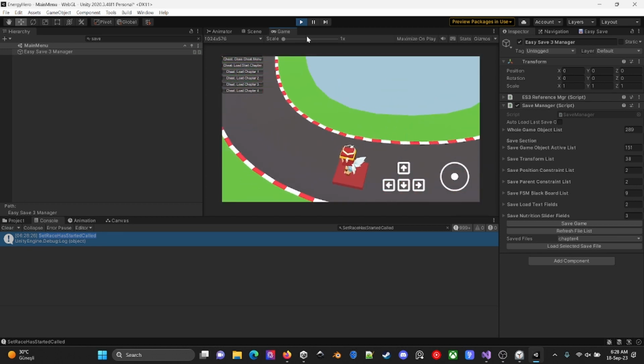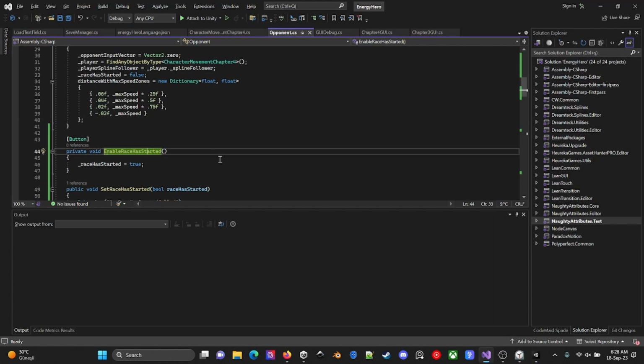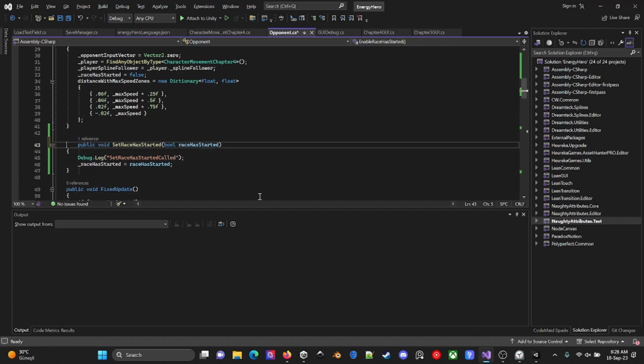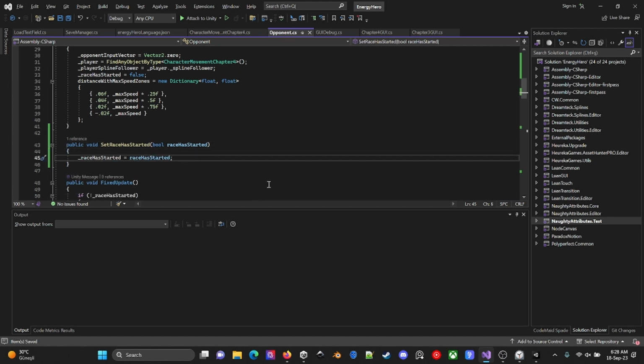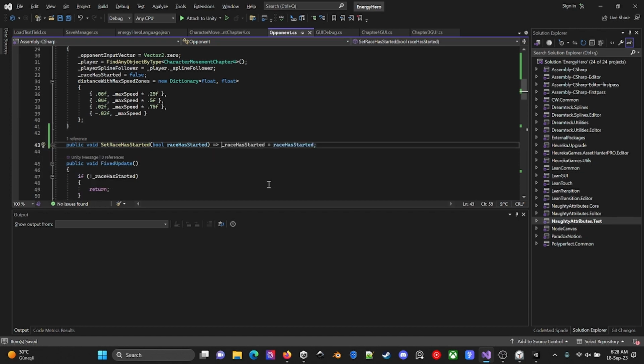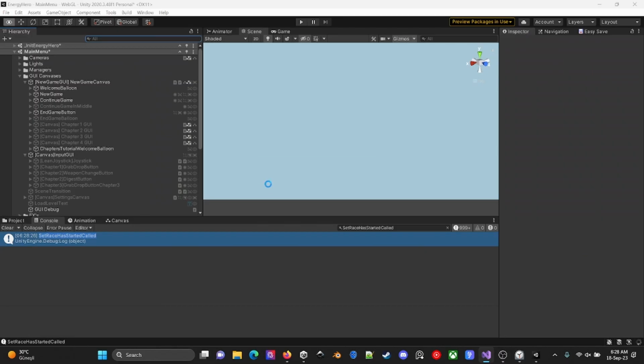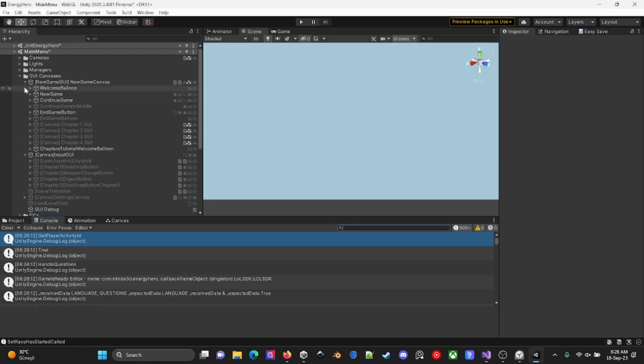Okay, this is good, and I can just remove it and remove this debug file. So far so good. I managed to start the race without any problem right now.